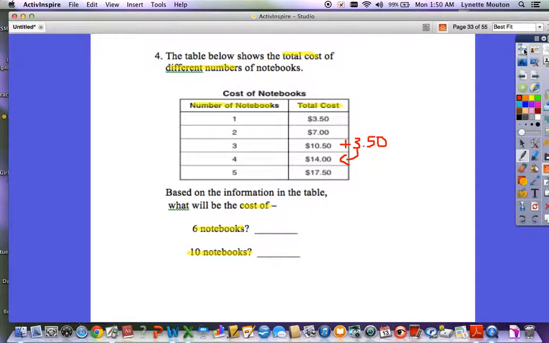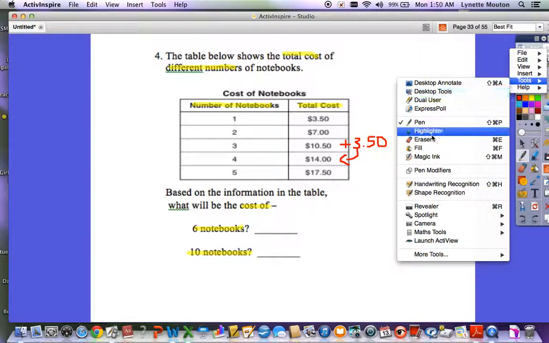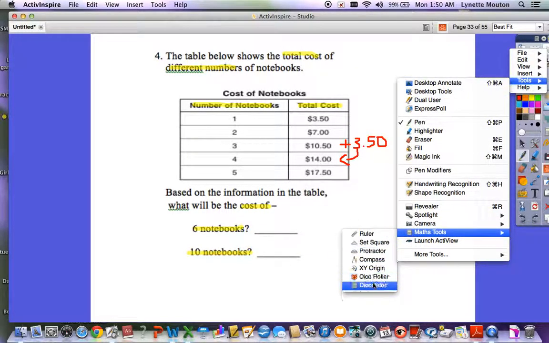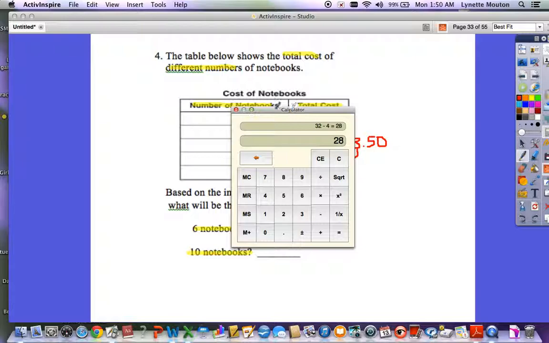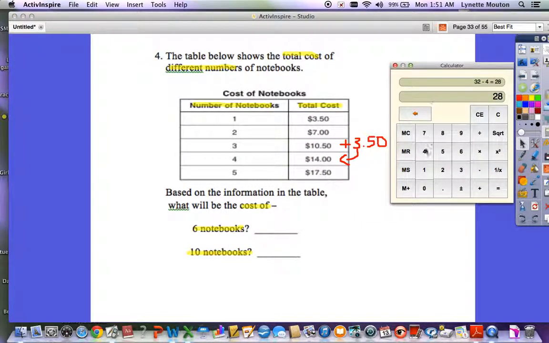Again, remember that these questions are going to be on the calculator ready part of your test. And so what you need to do is make sure you use your calculator to find those answers. So if we put it in, 350 plus 350 equals $7. Add another 350, and you'll notice the 0 disappears just before, because it's a calculator, it doesn't mean you've done it wrong. 1050